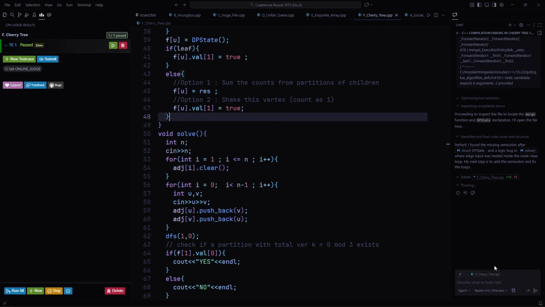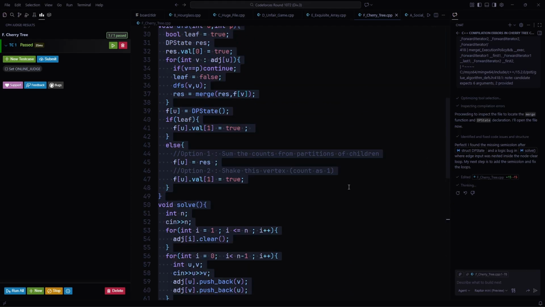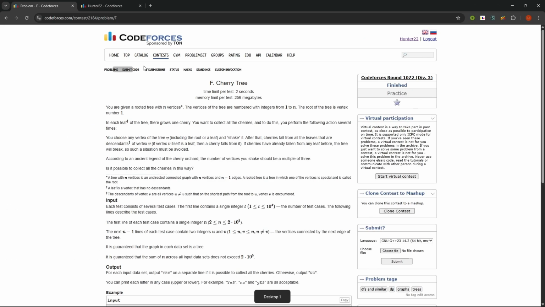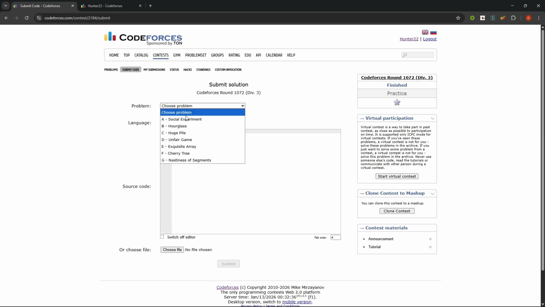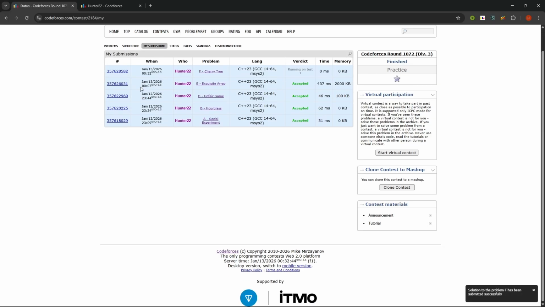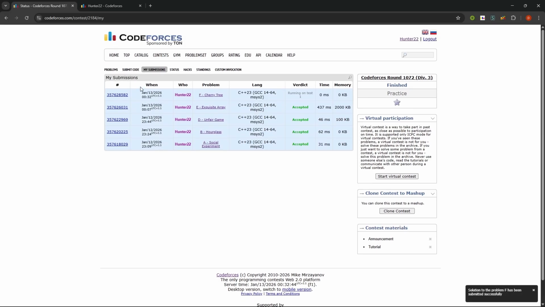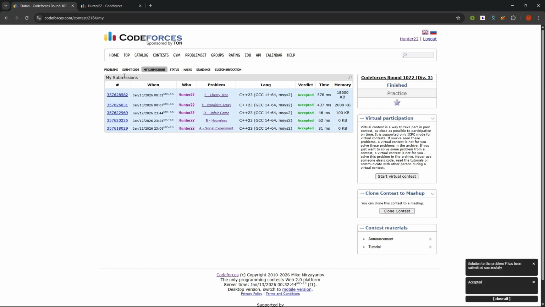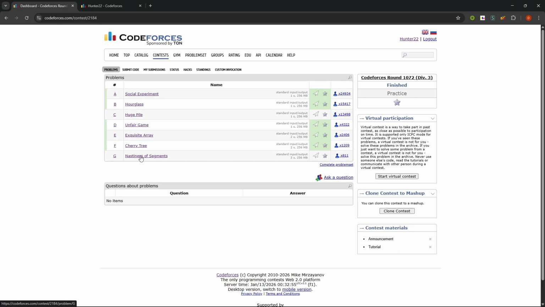Let's stop this. We might have written some sort of syntax errors and stuff. Cherry tree. Done. F is accepted. Now let's move to